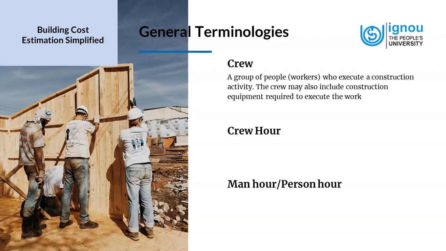Suppose we are having to build a wall, a brick wall maybe. So there would be a mason, there would be a supervisor, there would be laborers, someone to mix the concrete. So there is a crew, a group of people that are required to build a particular activity. So we evaluate that particular activity based on the group of people who are working on it. So the construction crew consists of supervisory staff, could be skilled and non-skilled workmen, and this is at the level of site.